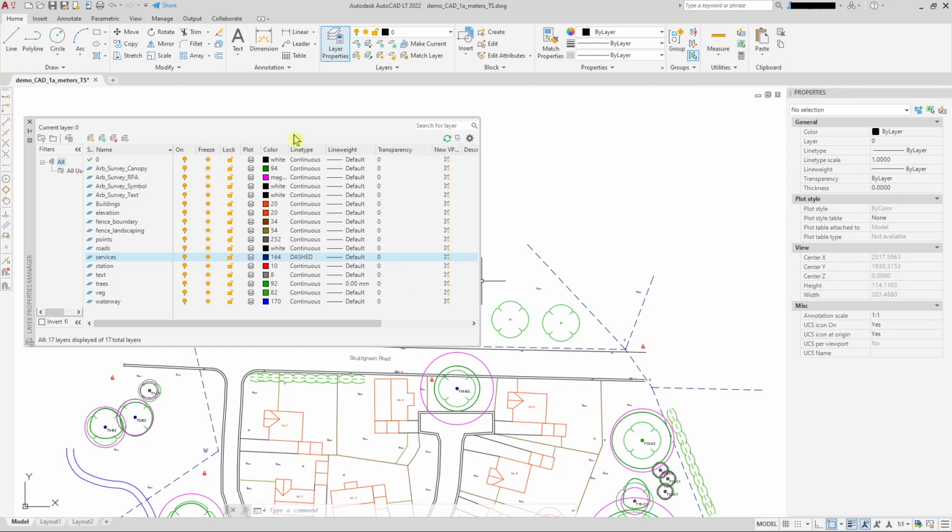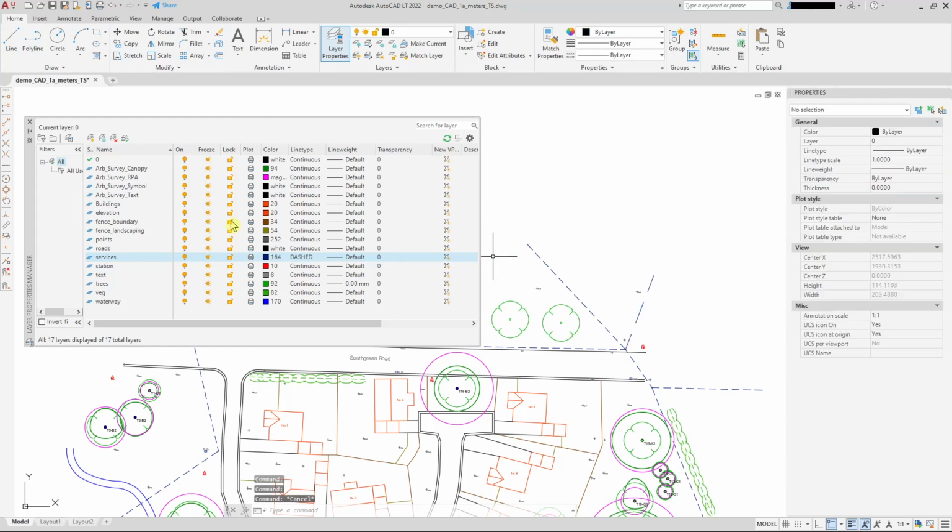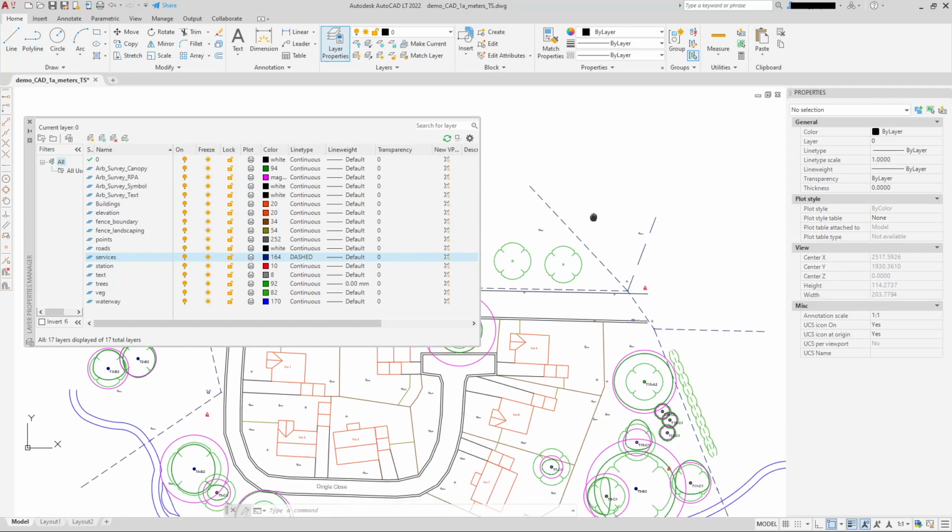Now I don't normally use line type on the layer because there's no scaling factor for them. You can't scale things like on individually like this. This is set by layer. This one, if I change the scale because I want bigger dashes, I can't do that with the layer settings. So I generally do all my line types individually, but providing you've got everything on layers, as we spoke before